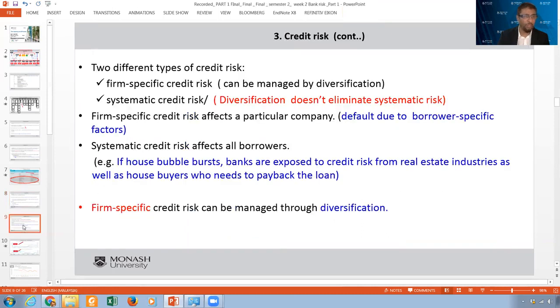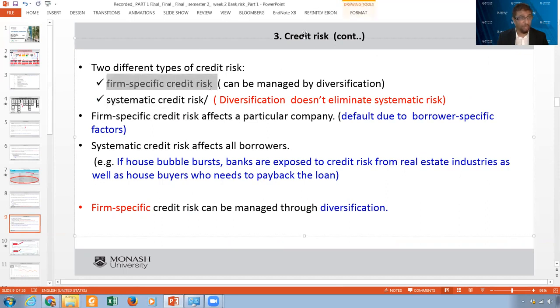Okay, let me go now, continuing with credit risk. Another classification of credit risk is firm-specific credit risk and systematic credit risk. Let me explain it here. When we talk about firm-specific credit risk, it is a risk related to an individual company. For example, if you buy bonds from Apple, a huge technology company,